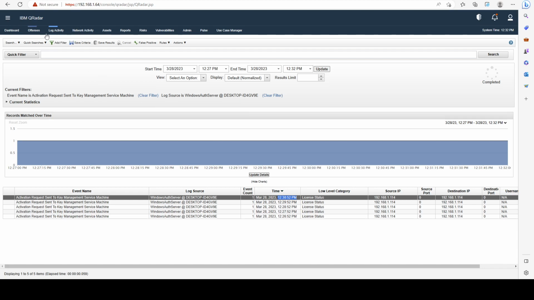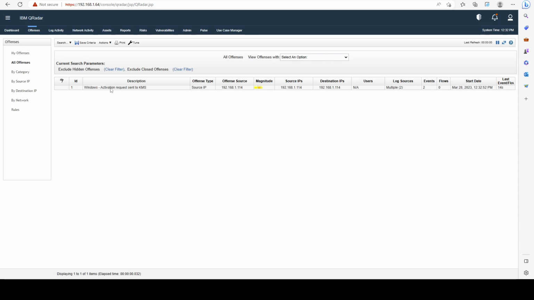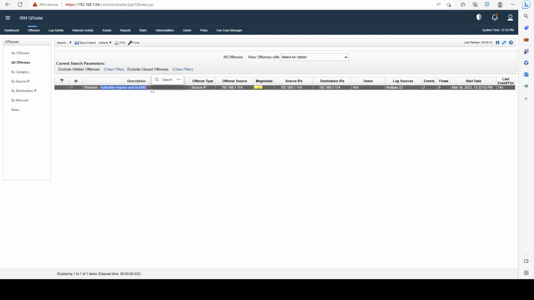So if we go ahead and select offenses, we can already see that we have an offense, right? Because it found the event that we were looking for. It saw the rule that we have, and it said, oh okay, so you want to find this event? Yeah, I'll create an alert for it. So if you go ahead and double click,